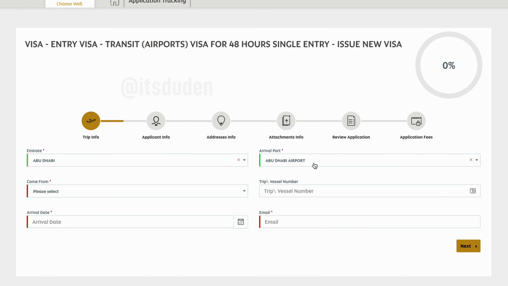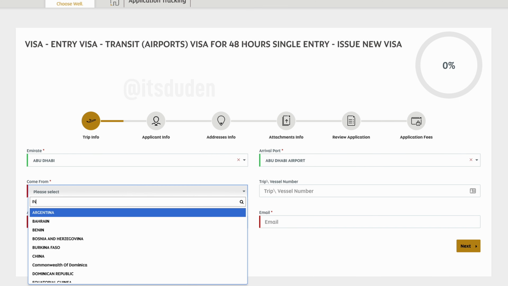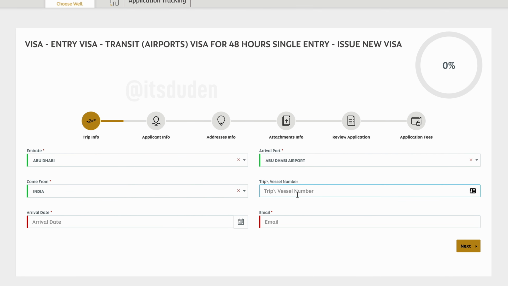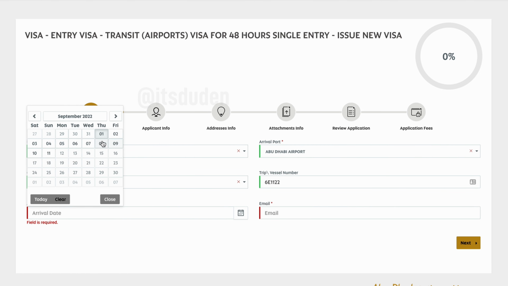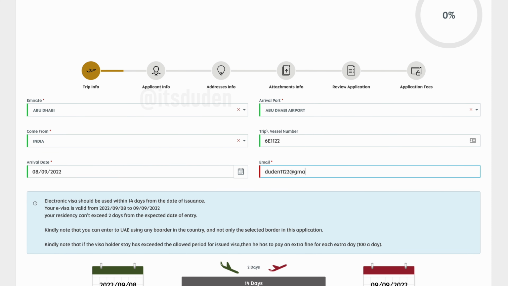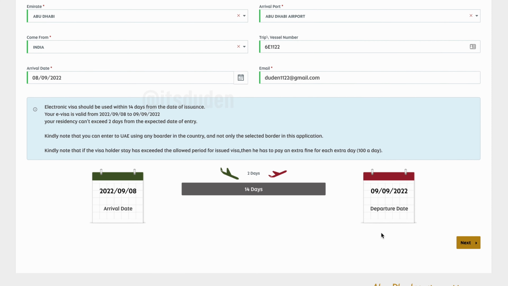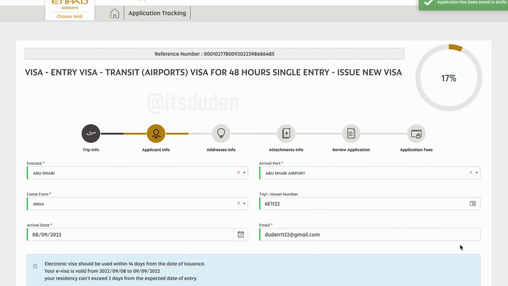For the come from field, enter your country name, and for the vessel number, enter the number of the flight on which you are arriving in Abu Dhabi. Then select the arrival date and enter the email address. At the bottom you will find the validity period of your transit visa. Then click on the next page.